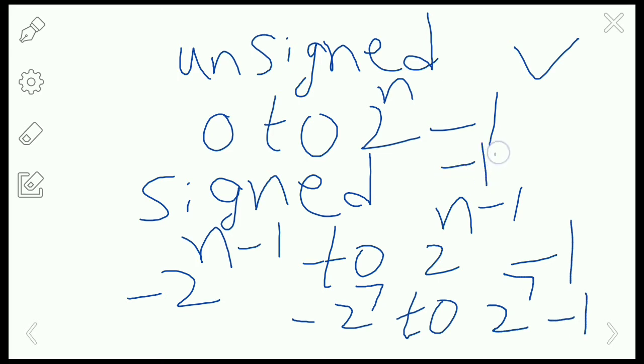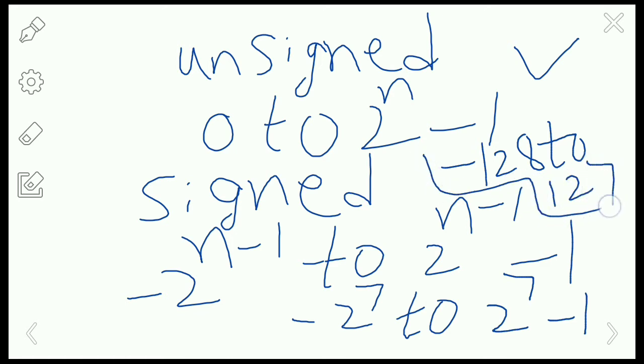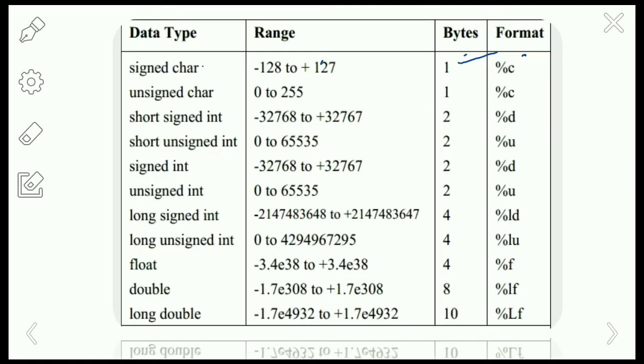So minus 128 to 2 power 7 minus 1, that is 128 minus 1, which is 127. This is how we get the signed character range: minus 128 to plus 127.